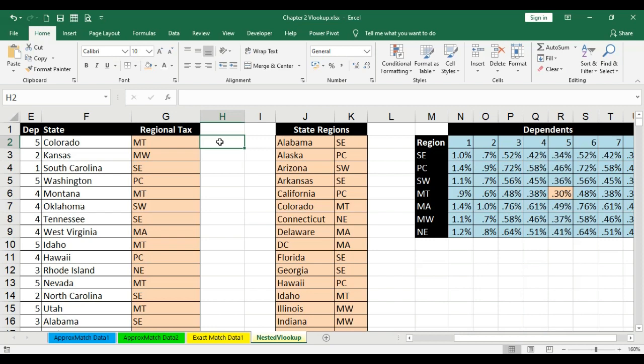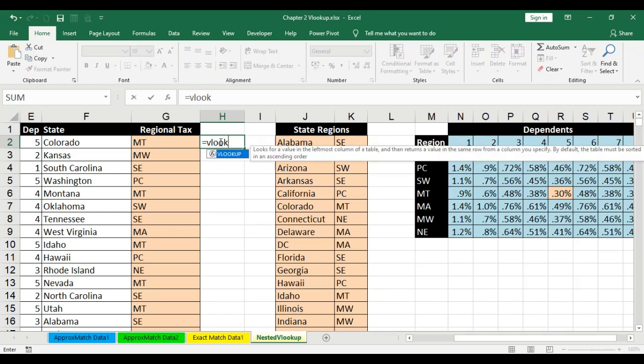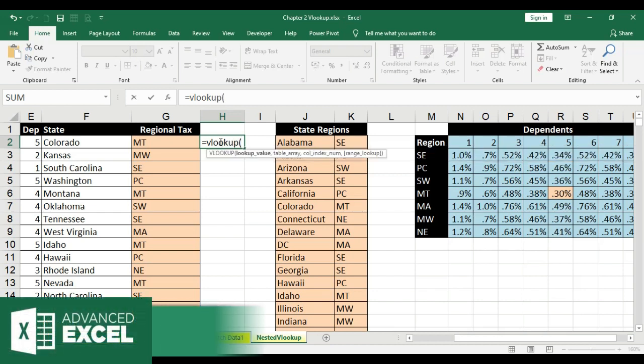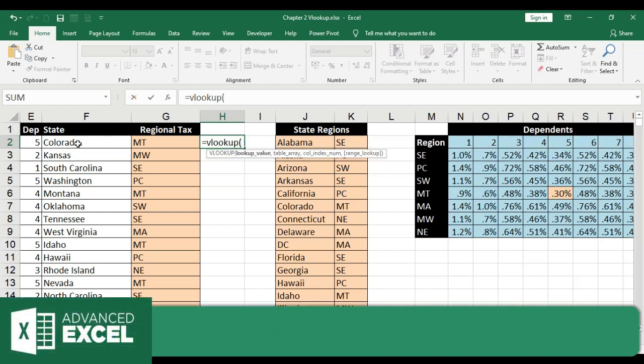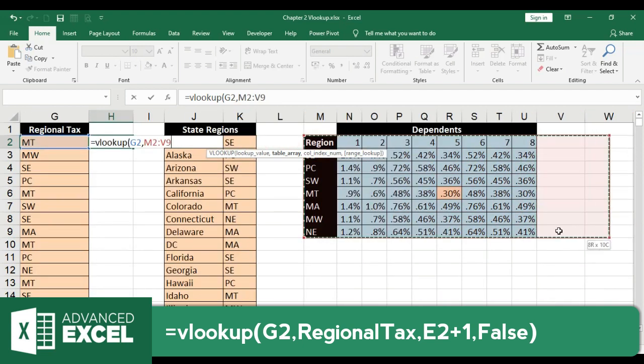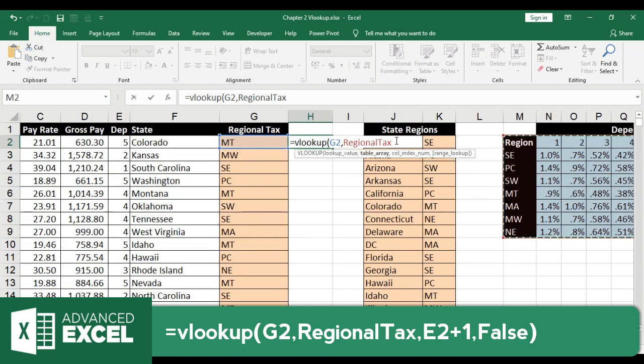In the adjacent column next to MT, I'm going to type the VLOOKUP formula. So we are going to type VLOOKUP, bracket open. I'm going to select the lookup value being MT, comma. I'm going to look up MT in the table array, state regions or regional tag, comma, and I'm going to look up at the